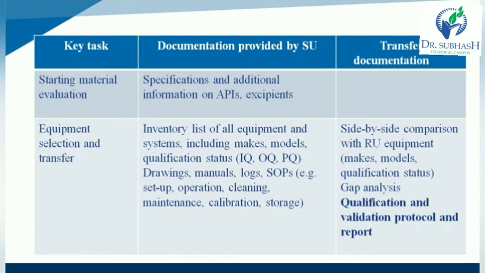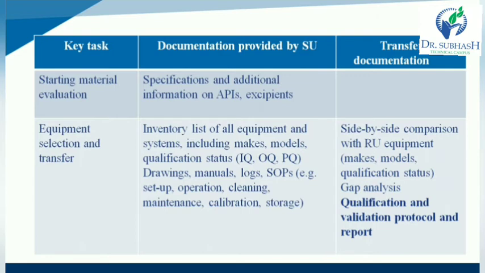Next key task, starting material evaluation. For starting material or raw material evaluation, which type of documentation is provided by the sending unit? Specifications and additional information on API and excipients.